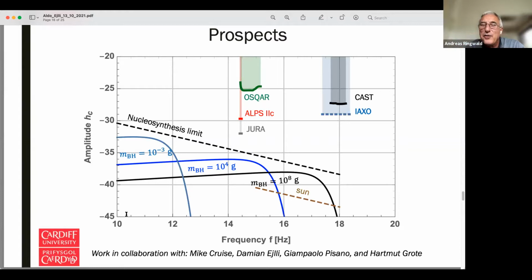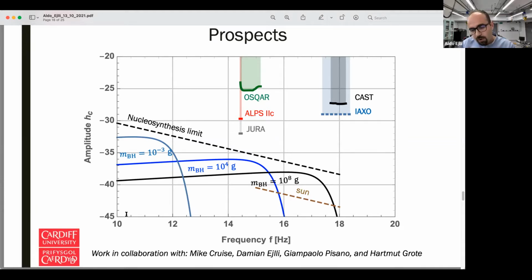But if I would now like to see the signal from a primordial black hole merger within the galaxy or something like that, there are estimates of the merging rate that there should be hundreds per gigaparsec cubed of primordial black holes in the asteroid mass range. I haven't thought in such detail, but I would say